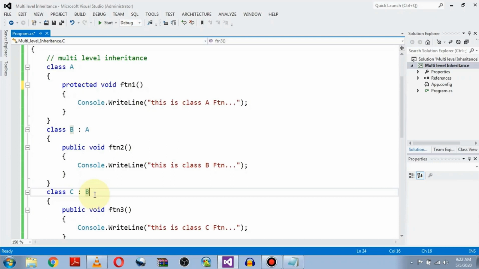Inshallah, in our next video lecture, we will learn how multiple inheritance can be achieved in C#. But first, let me tell you that multiple inheritance is not possible in the C# language, but we can achieve multiple inheritance in C# with the help of an interface. So how will we implement it? You will have to wait for the next video, but till now we have learned multi-level inheritance.